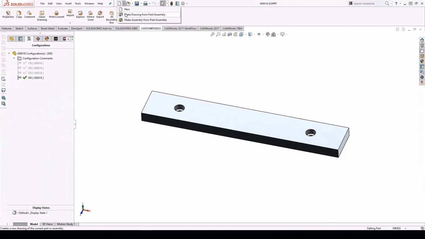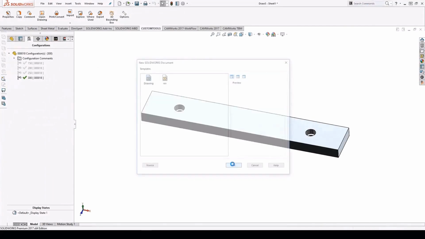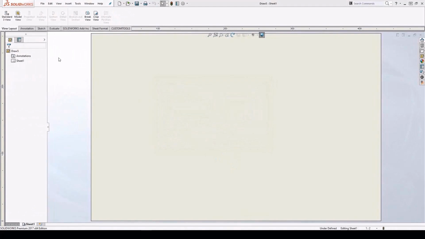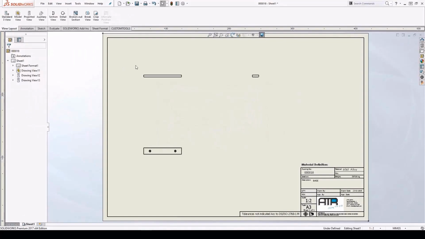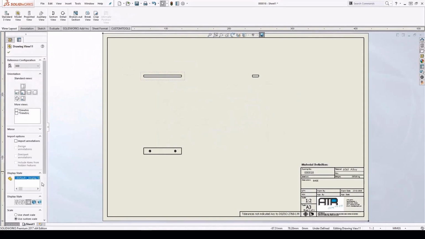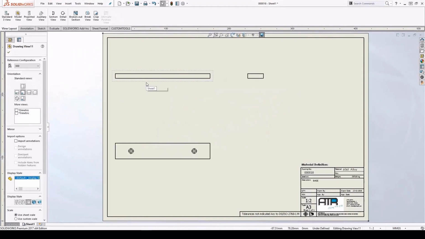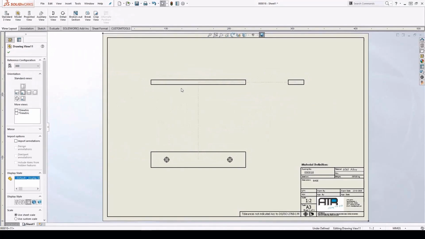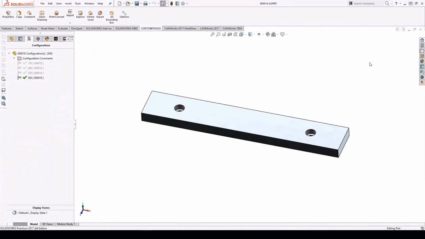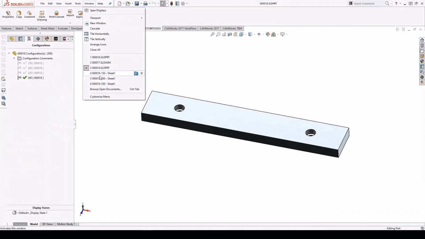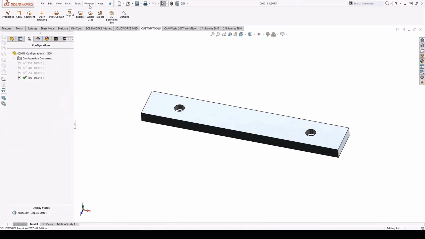So new drawing, OK, OK, 3 view, the 300, and hit OK. Now this one definitely should be a bit bigger. So I'm going to do it like I did on the other one. So like so, and save that. So now I have 4 drawings for this part file. I can then close the drawings, just close that,